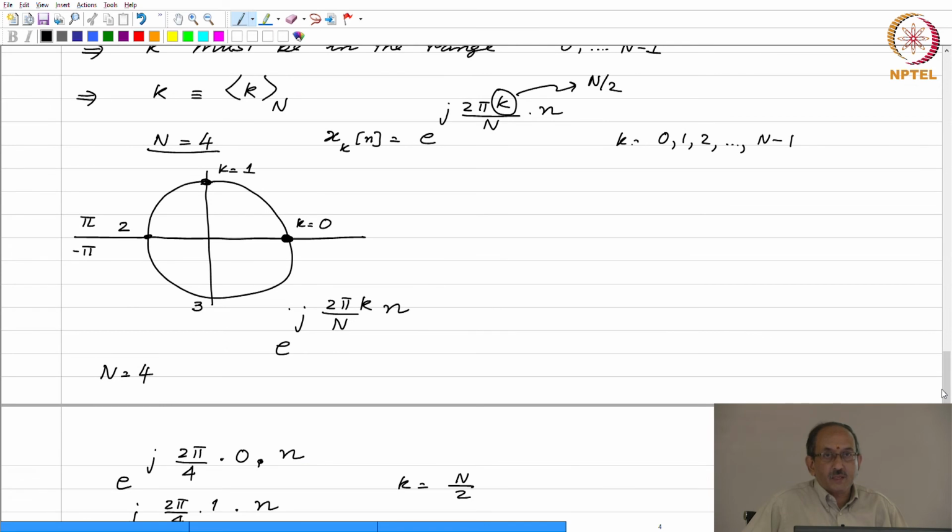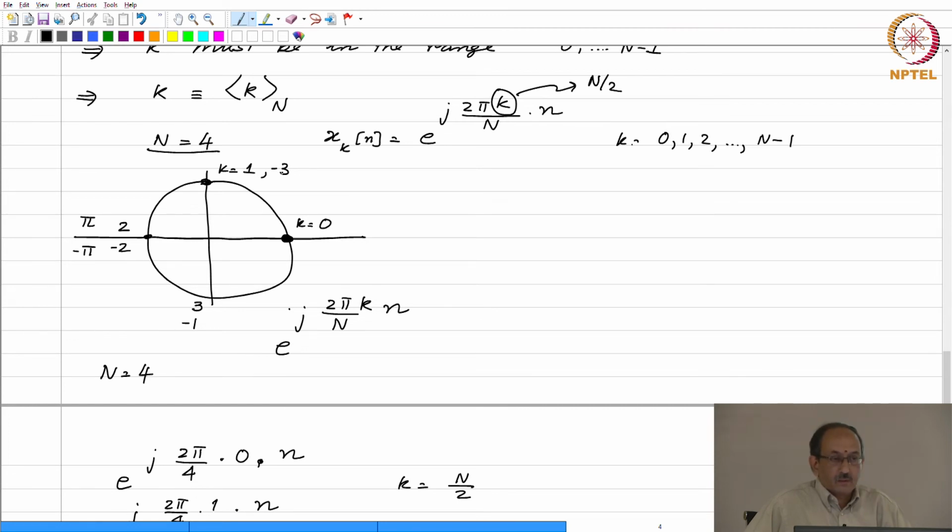Because k is the same as k mod N, the index k equal to 3 also corresponds to the index k equal to, what is one other k that you can immediately think of in the place of 3? Seven, okay. Minus 1. 7 also is correct, minus 1 also is the right answer. So, this also corresponds to k equal to minus 1, this corresponds to k equal to minus 2, and this corresponds to k equal to minus 3,